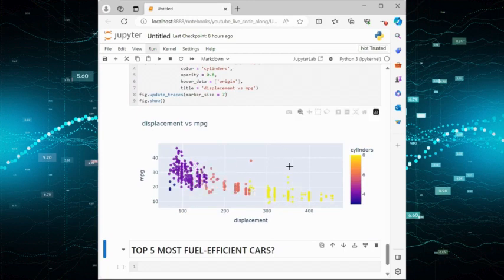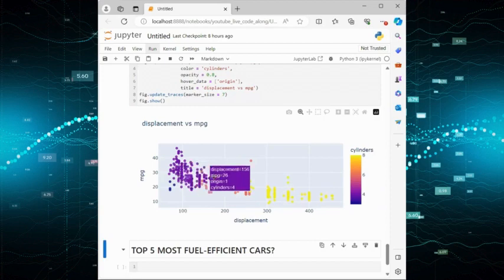It's just some overlap. But in general, we see a decline, a negative correlation indicating that the higher the displacement, the lower the fuel efficiency. Most of the cars which have very high displacement are those with 8 cylinders, and relatively medium displacement and medium fuel efficiency are those with 6 cylinders, and the relatively most efficient are those with